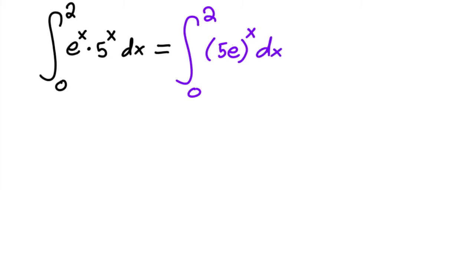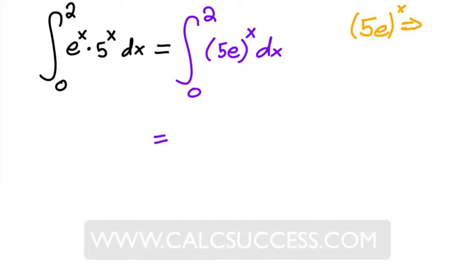But then you still have the problem that there's this 5 in here. So if this was just e to the x, that would be fine. But 5, so then you go back to your trusty guess and check method, where you go, well, what if I just leave it alone? What if I just say that 5e to the x is the antiderivative? Well, notice that when you get the derivative of 5e all to the x, you would get